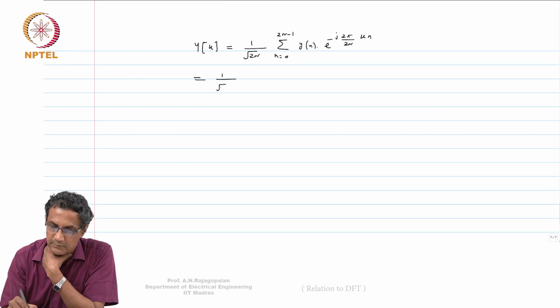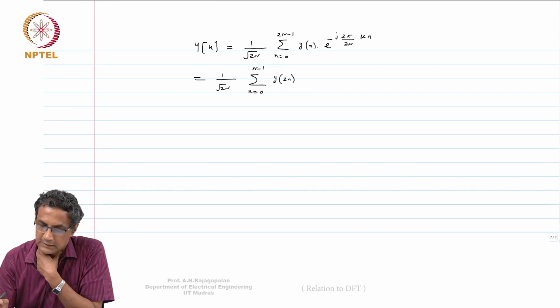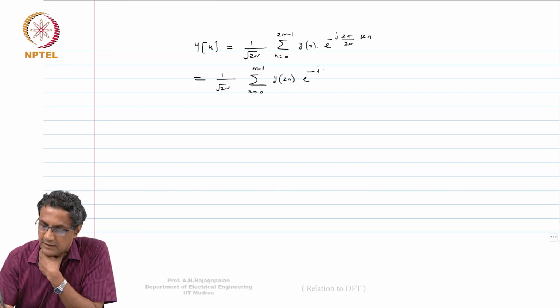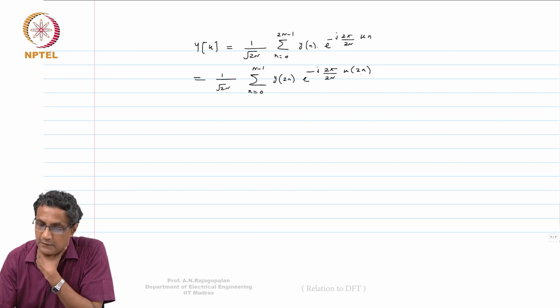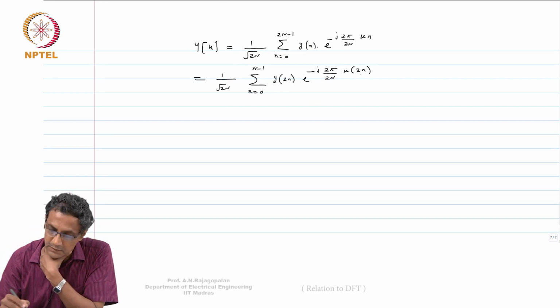So we can write this as 1 by root 2n, summation n equals 0 to n minus 1, y of 2n, e raised to minus j 2 pi by 2n k into 2n, because n should be replaced by 2n,